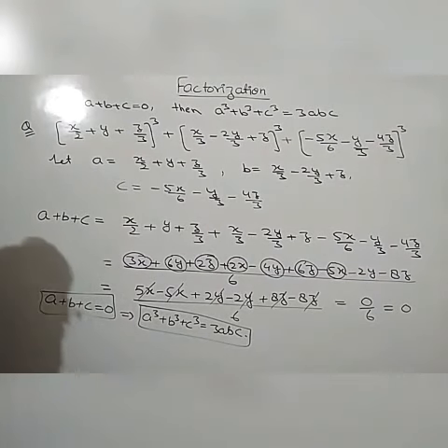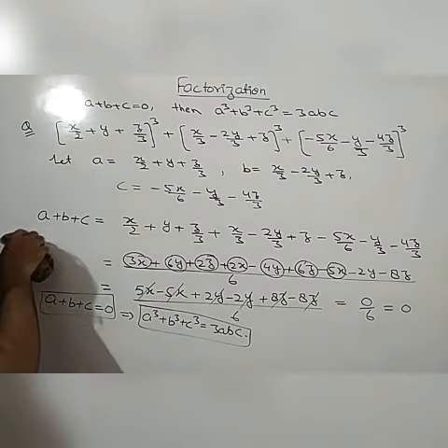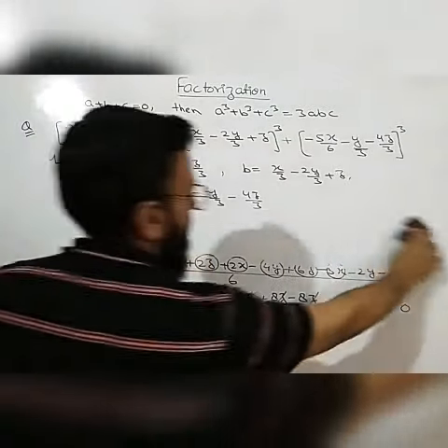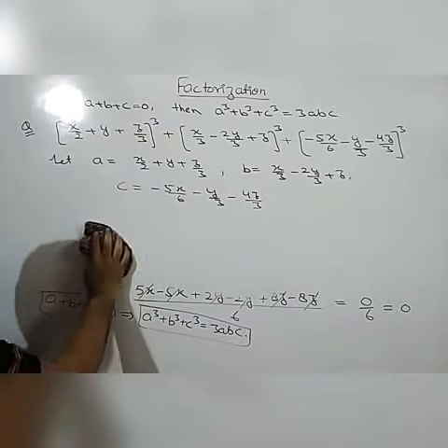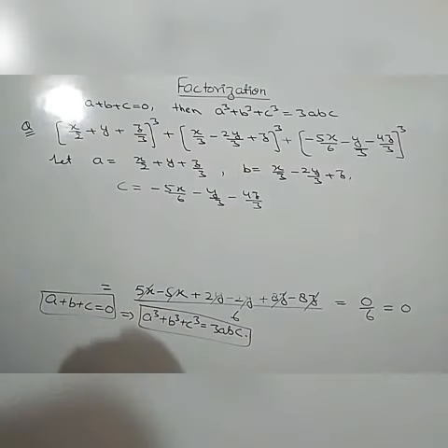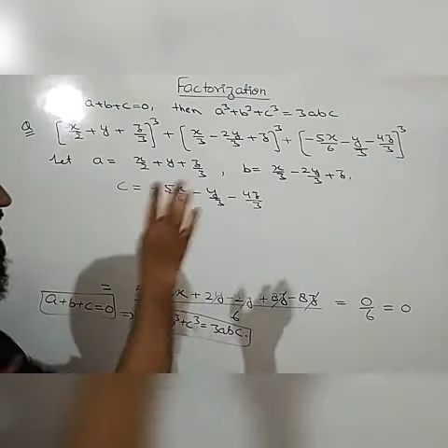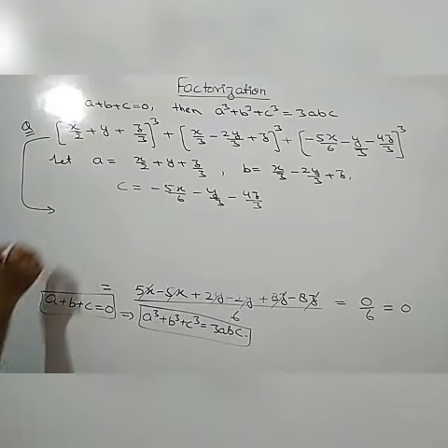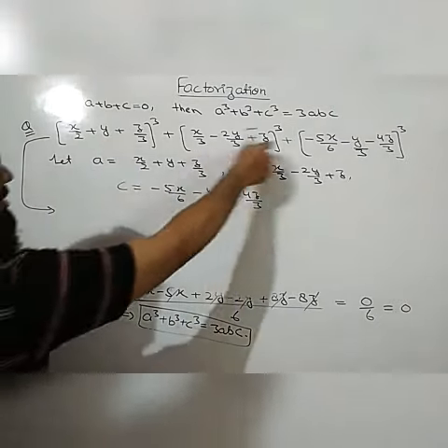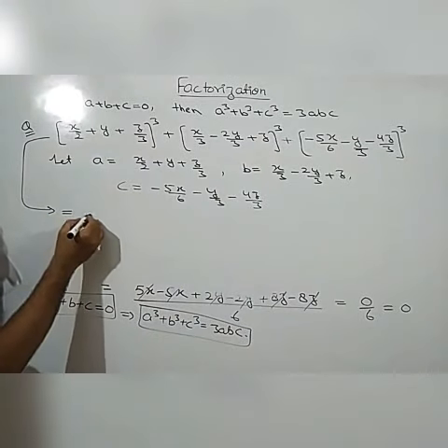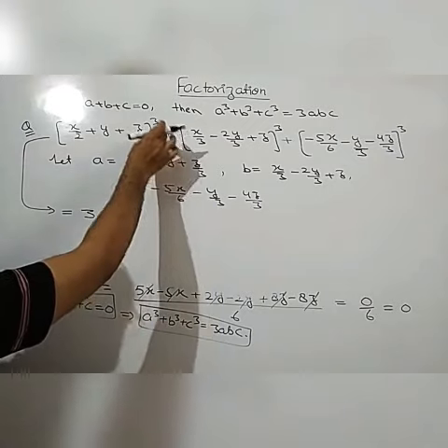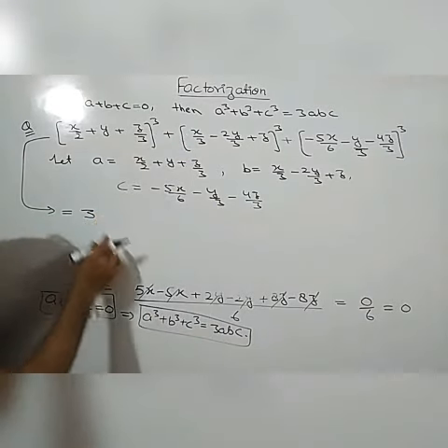So you have noted down. Now we are going to rub this line and going to put the values. So we get a plus b plus c equal to 0. So the answer will be a cube plus b cube plus c cube is equal to 3abc. It means from this expression we can write it as a cube plus b cube plus c cube. I am directly writing the answer. It will be equal to 3. First you will write this term. This term is equal to 3abc.